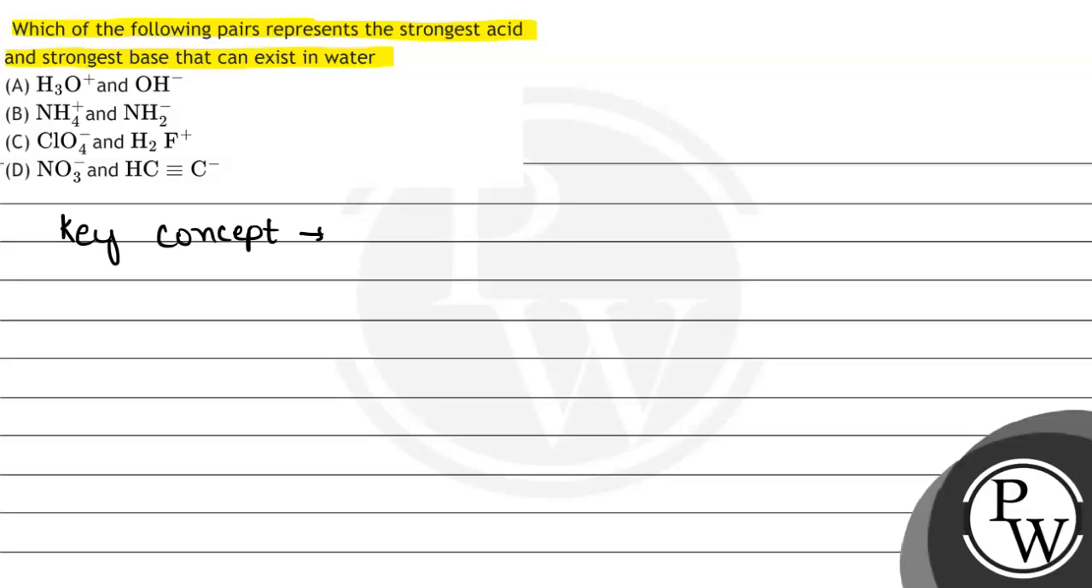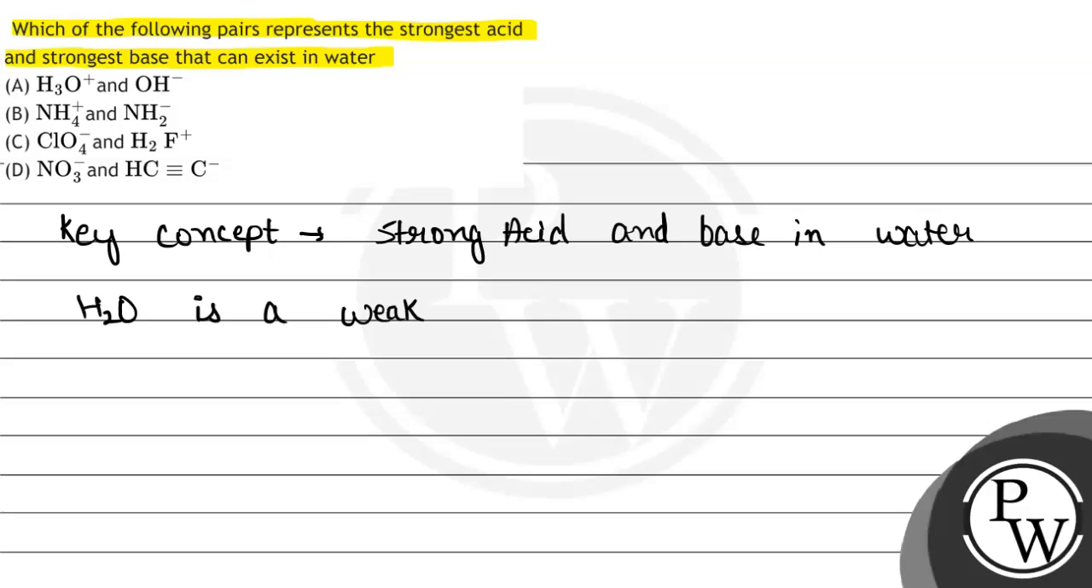इस question का key concept है strong acid and base in water. जो हमारे पास water है that is the H2O and water is a weak electrolyte. Now let us see कि water के लिए जो strongest acid और strongest base होगा from the given option,